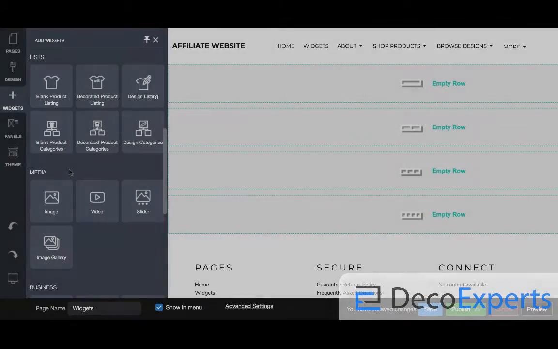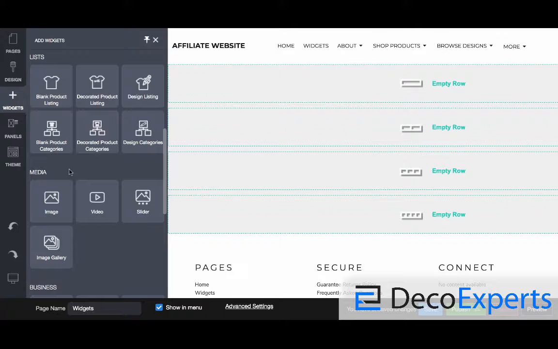If you're a custom decoration business, whether it be print, embroidery, or other, you're going to be using a lot of blank product listings and blank product categories. Now, these are two commonly used widgets for a business that is pushing custom decoration services where we want our customers to primarily come onto our website, select a blank product, and then add their artwork to it and make